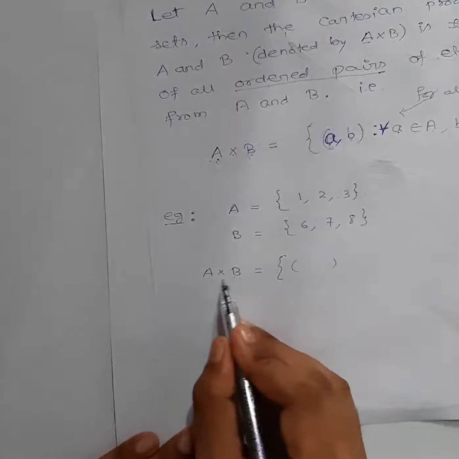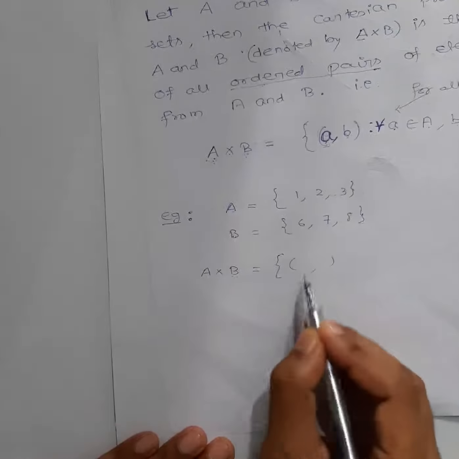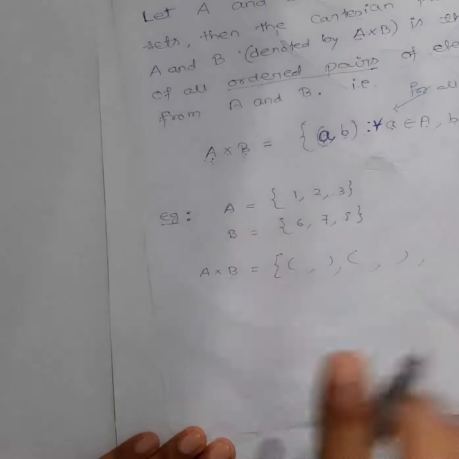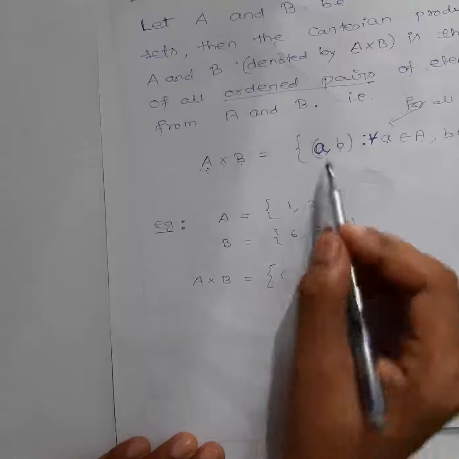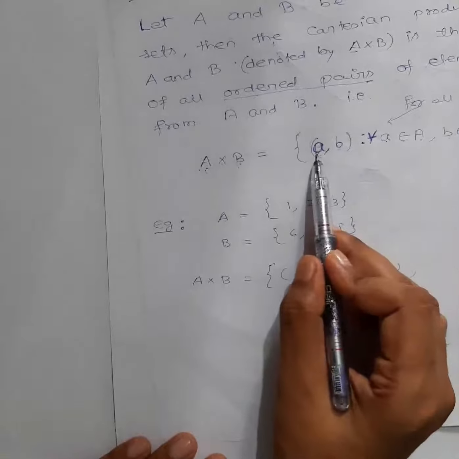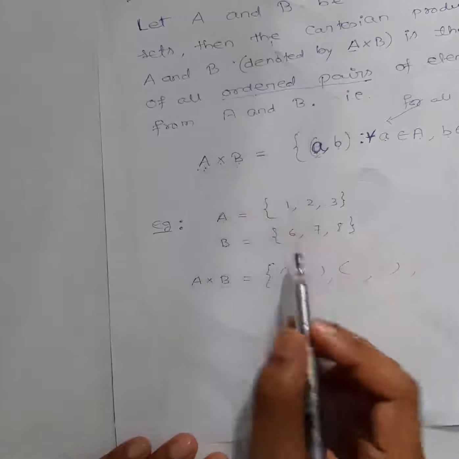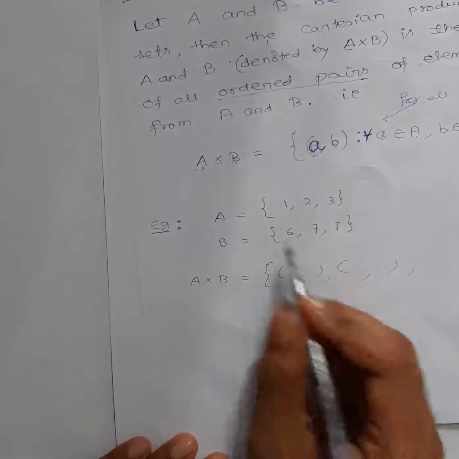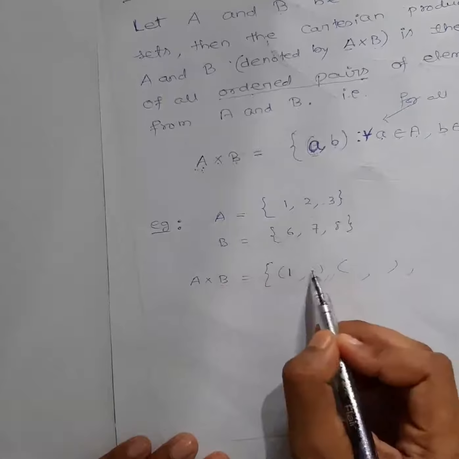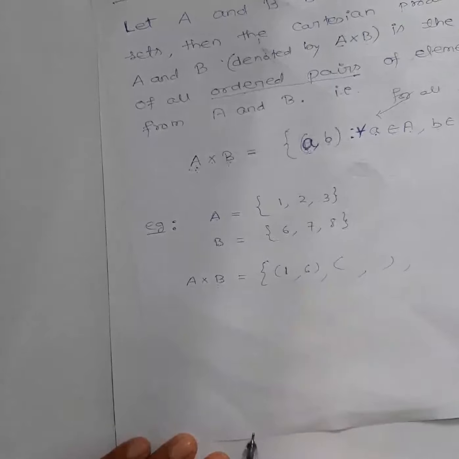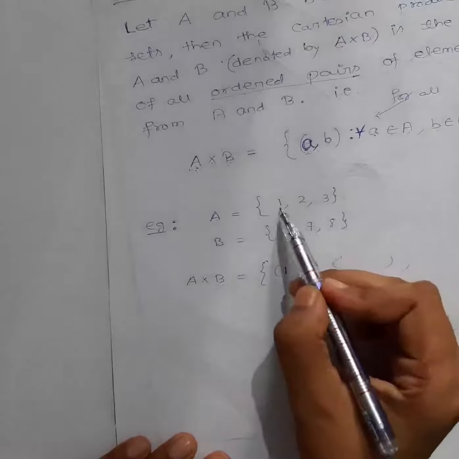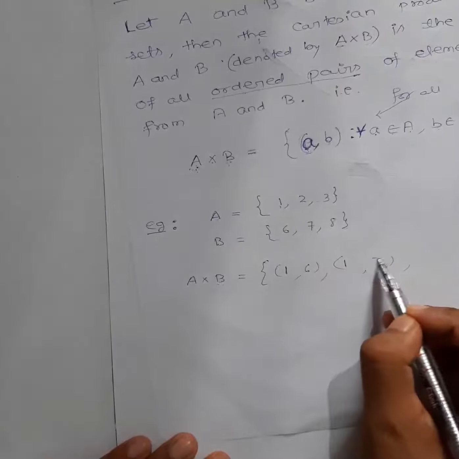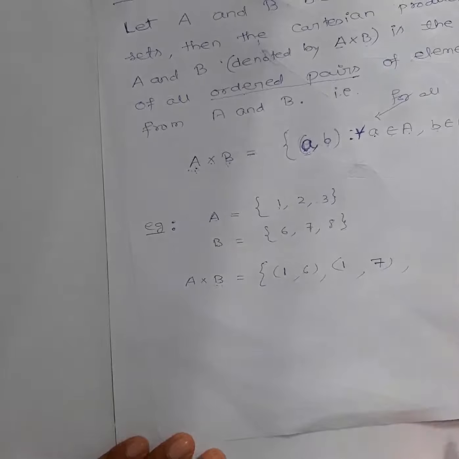First thing, we know that this set will have pairs as its elements. How many there will be, we will discuss later. So first let's try to make the pair according to the definition. It says the first element will be from the first set. So let's take 1 from the first set A, and the second element we will take from B, 6. This is one pair. Now is this the only pair? No, obviously I can make this pair too: first element from A, second element I can take this.